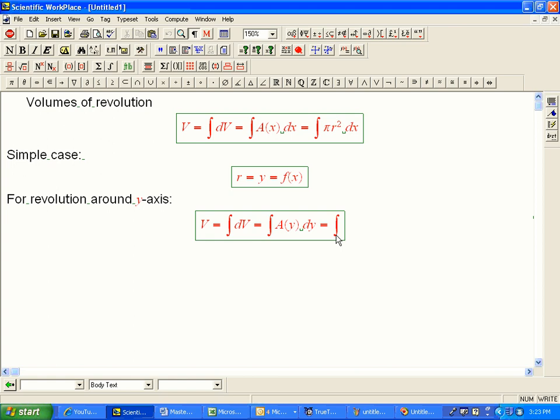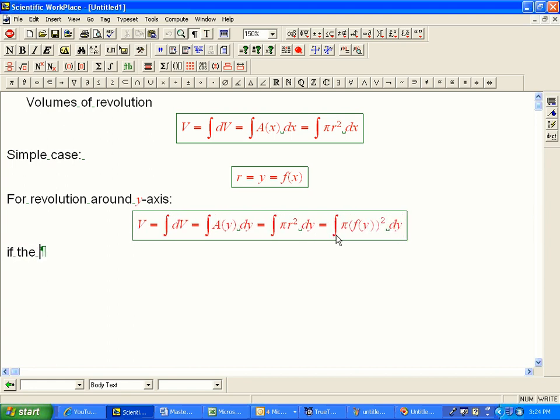If that's just a plain old disk, which we'll think about in a minute how that might be different, that's going to be pi r squared dy, and in this kind of case, not in every case, that's going to be pi f of y squared dy,